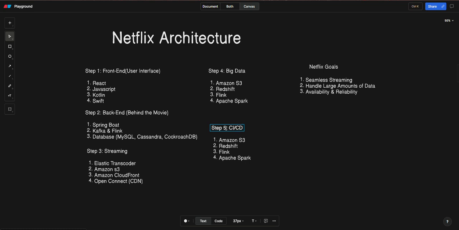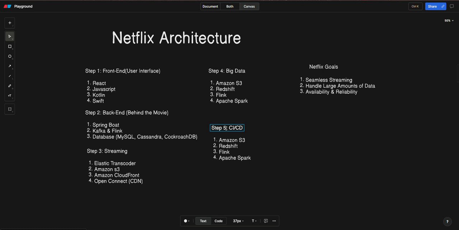So then, for you who know CI/CD, what it stands for, and for you who don't know, CI/CD stands for continuous integration, continuous deployment. That's the abbreviation we use